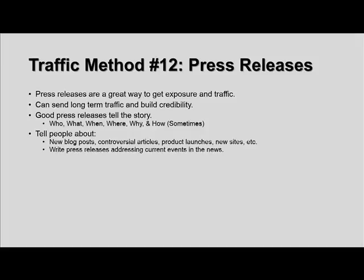New blog post, especially if it's a really good one, or it has an infographic, or you've done a really good job of creating a content rich piece, would be a great reason to submit a press release. You could also write press releases addressing current events in the news. So find current events in the news about your industry. Let's say you're in the health industry. There's always current events going on about new diet plans, or maybe diet plans that celebrities are doing. And you could actually write a press release talking about that particular fad and refer people back to your website